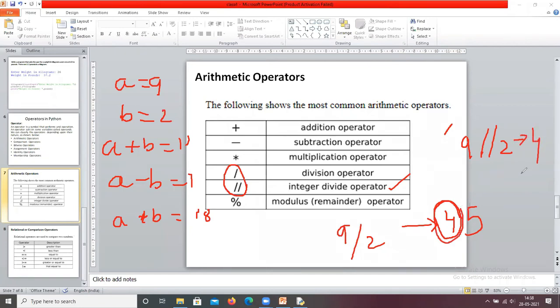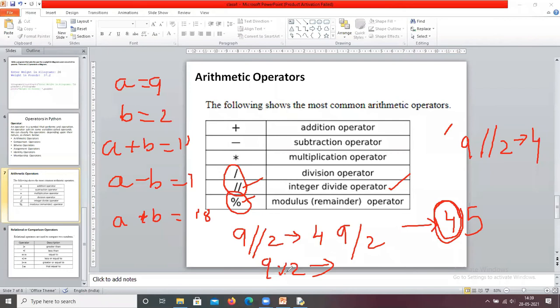And in these arithmetic operators, this is the most important operator: the modulus operator. In many programs we use this modulus operator. So try to understand the difference between floor division and percentage. For example, 9 floor division 2 returns 4. 9 percentage 2, 9 modulus 2.